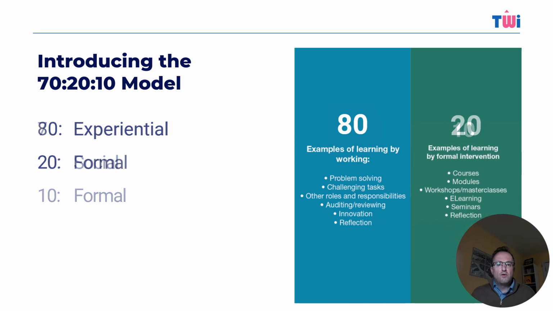So with the loss of or added complexity of maintaining social learning, some companies we feel are unintentionally redrawing that model as an 80-20 model instead. However, even though companies have lost the social learning as an avenue to support user adoption, some are still not supporting the experiential or on-the-job learning to the level that it requires.